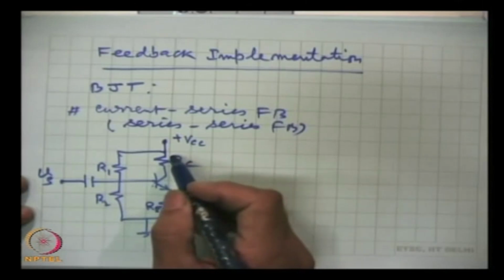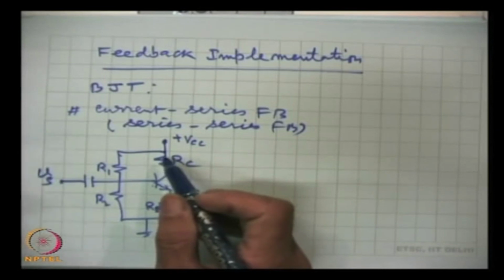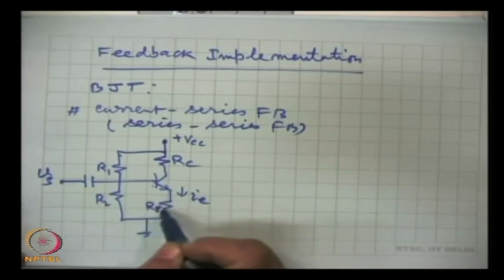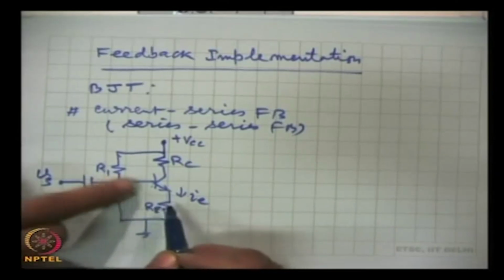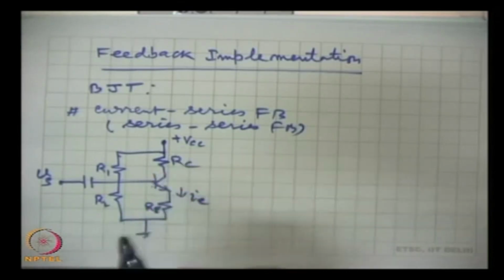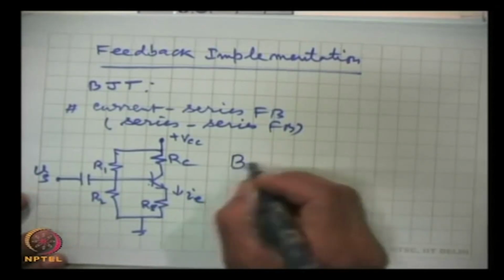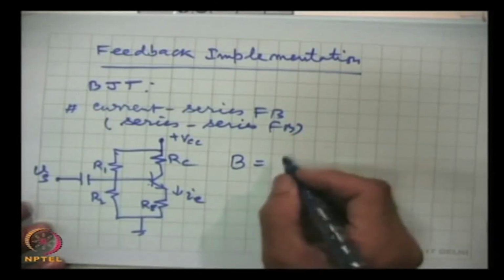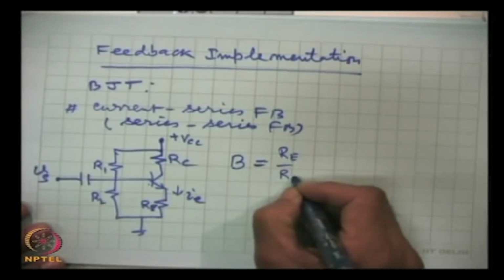If for any reason, an unwanted situation such as temperature changes or you change the device, IE for example increases, then this voltage will also increase. That means, the net voltage Vs minus the voltage developed here will fall, and that will take the corrective measures and the current will not rise. Here this beta B, the feedback factor or the gain of the feedback, can be shown to be approximately equal to RE by RC,